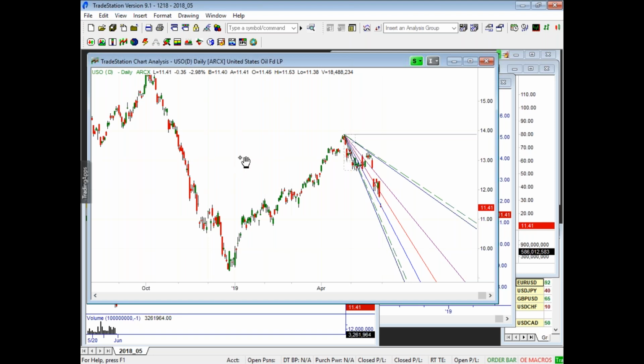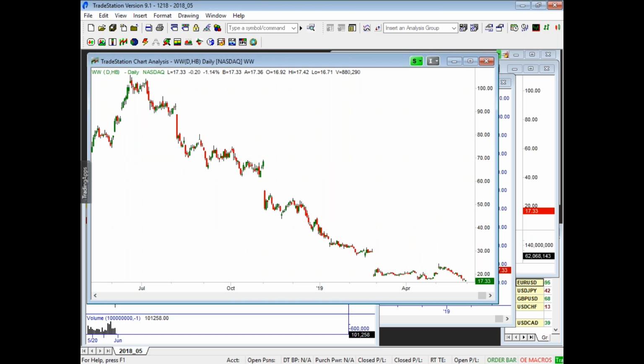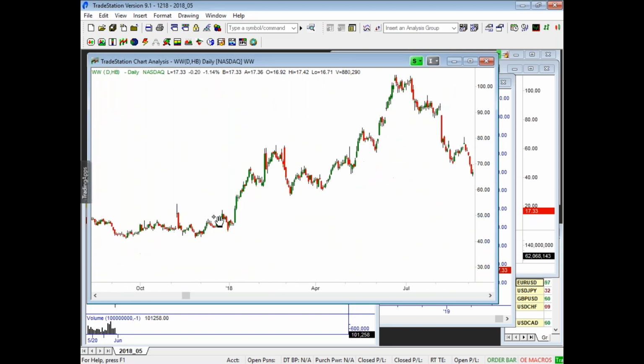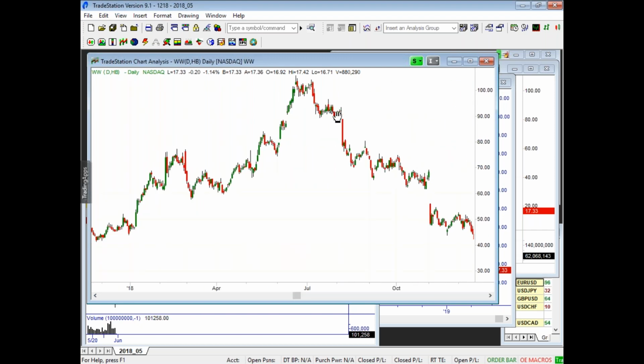Look at Weight Watchers, even Oprah can't help it. Weight Watchers and cannabis stocks. I would never invest in Weight Watchers. It always is just a position trading stock. You can see it had really awesome setups last year, but then here's your avalanche, and it just kept going. Actually, this is a lot like what the market's doing today, coming off of that avalanche